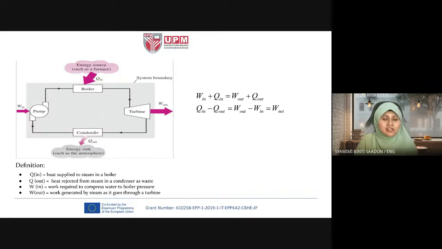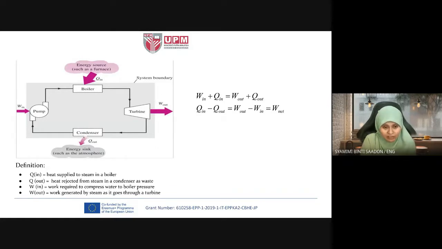When it condenses, it has to exchange heat, like just now. The boiler is a heat exchanger. The condenser is also a type of heat exchanger. Both of them are types of heat exchanger. So the boiler will exchange heat with the heat source, for example, from the furnace or from solar energy. The boiler has water inside, so the water will exchange heat with the sun or the heat source.